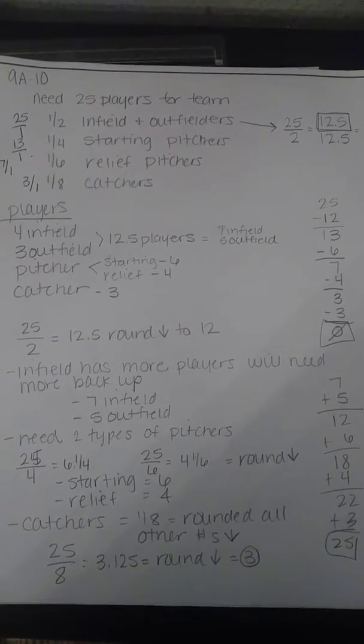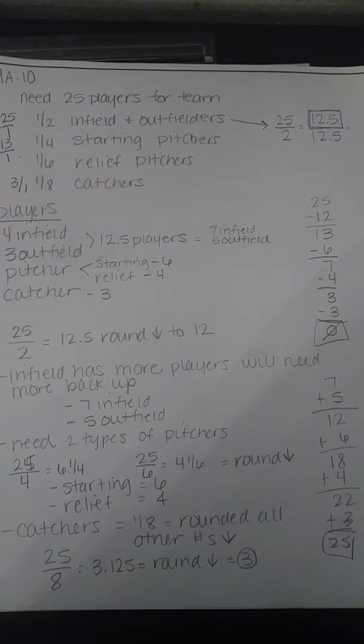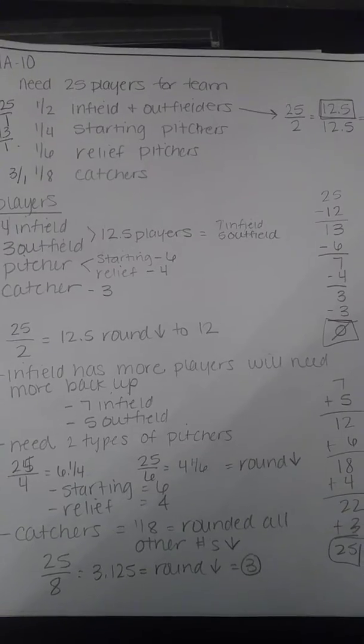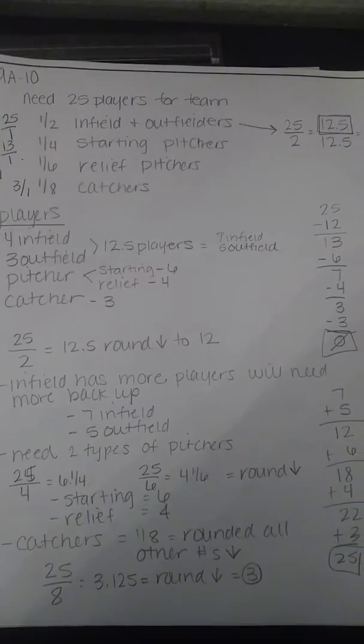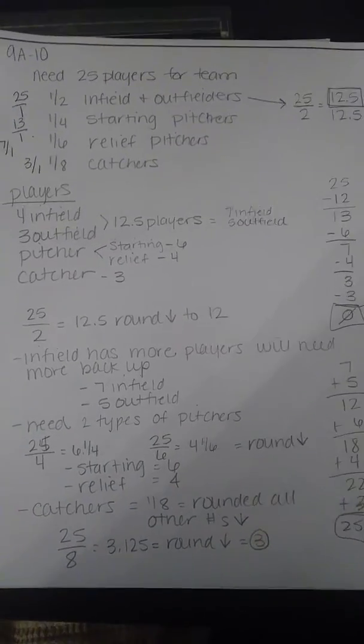Okay, so in problem 9A10, they gave us an odd number and then asked us to divide the team into even fractions. This problem asked us to do the first two learning outcomes. And as you can see, I used two different strategies in Tangent to answer the problem. I set up the problem in an organized fashion